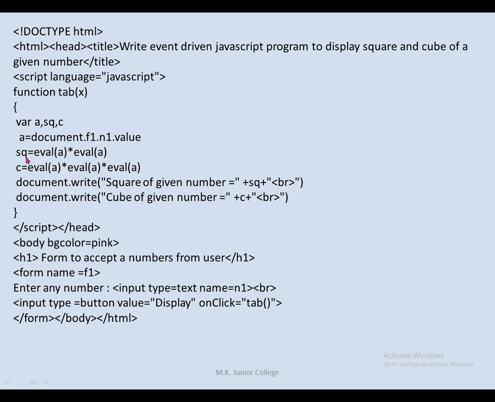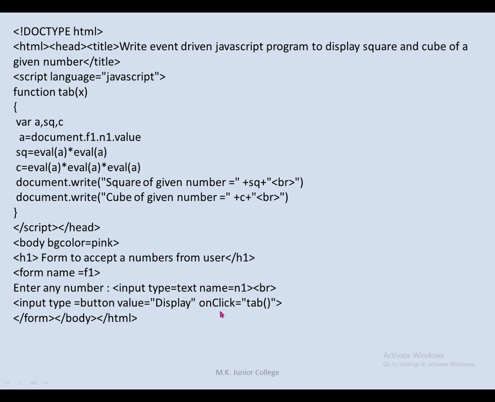But see the structure of your event driven program. The complete logic is the same, but the structure is different. Here you are using the function inside the head tag. See here, I'm closing script because you started with the script, closing head because you are inside the header part, and then you are starting with the body section. So whenever we have to make an event driven program, at that time you have to manage two parts in your program. First of all, you have to display a form with a number of text boxes and one button.